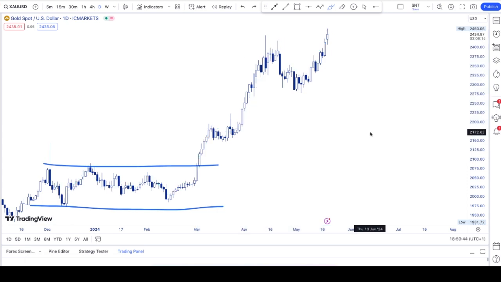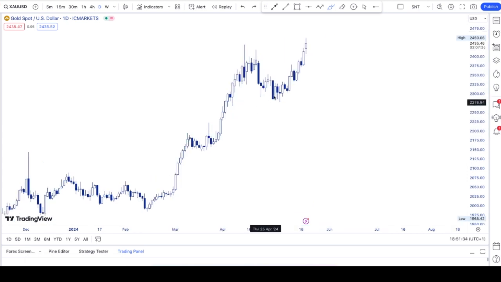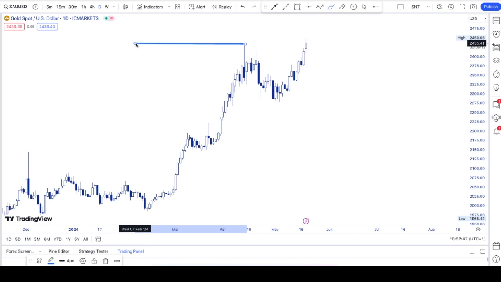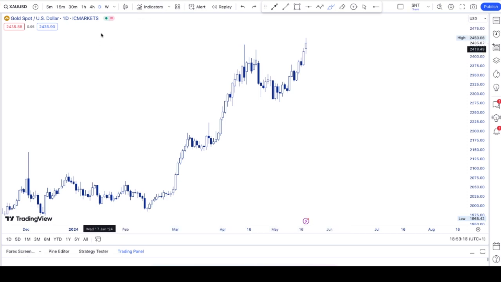Now, what do we expect to see next from gold? This is the daily time frame and these are daily candles, and we can see that price has been making higher highs and higher lows, and today actually making a new higher high. So since gold is trending, we expect the trend to continue, making higher lows and higher highs to the upside. Now, since we've got no price action to the left to indicate where price could head to next or where price could find possible rejection, we're going to have to zoom into the hourly candles to see if we can see any possible setups or what we could see continue into tomorrow.